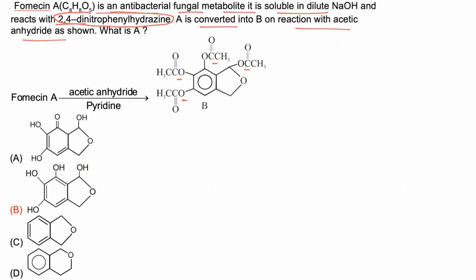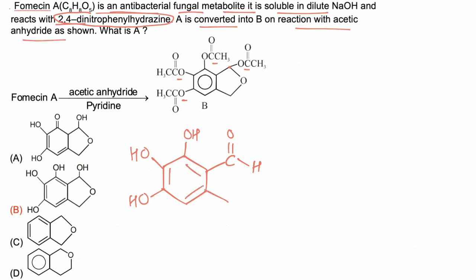Now among these compounds, formycin A must have a carbonyl group, either aldehyde or ketone. Now this is a linkage which is a hemiester linkage, so it must contain an aldehyde group. Now these are the OH groups present in the molecule, which will be further converted to acetate, and now CH2OH. Now this molecule must be formycin A.